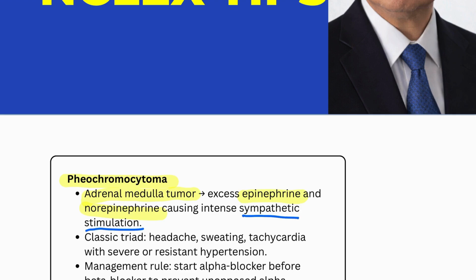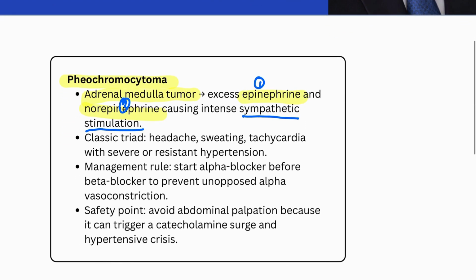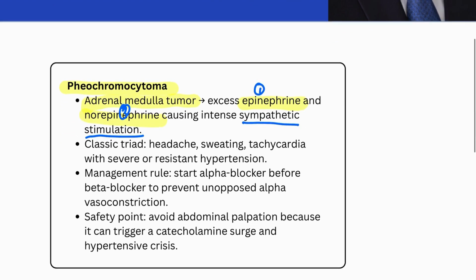So it's really massive. So these two hormones, epi and norepi, actually activate alpha as well as beta receptors. Just think about it. When it activates them and it's a sympathetic discharge, you're going to have very severe sympathetic stimulation. So what NCLEX is going to show in the question stem is the classic triad that comes with